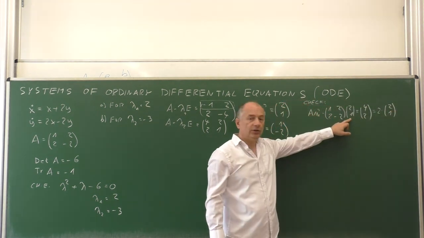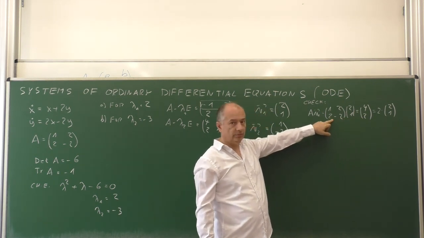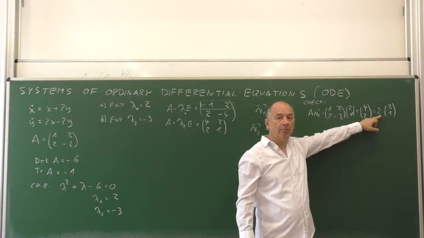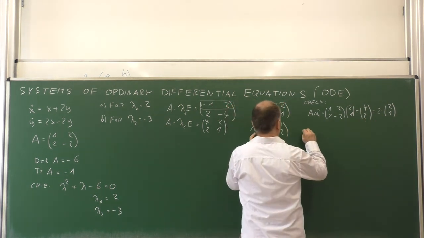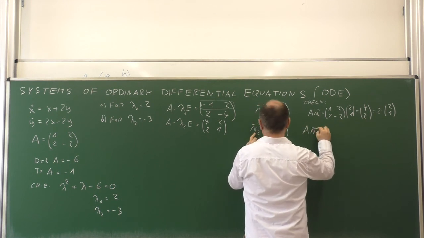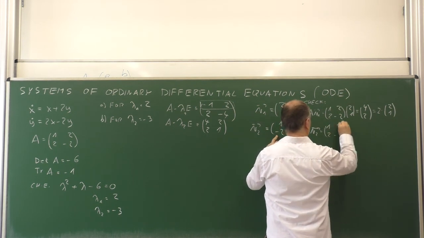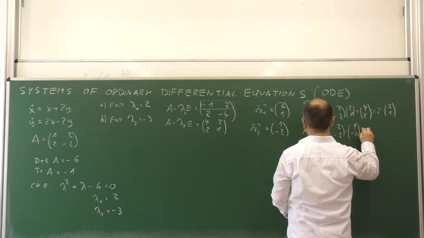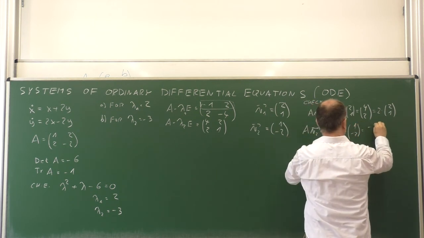So you see, this vector 2, 1 is special in the sense that if you take the vector and multiply by the matrix, you get the same result as if you take the vector and multiply by a number 2. And similarly, we can quickly check that V2 is correct if we multiply V2 with the matrix A from the left. So we have the matrix 1, 2, 2, minus 2 times 1, minus 2, which is 1, minus 4, which is minus 3,